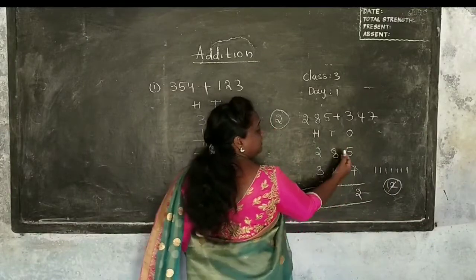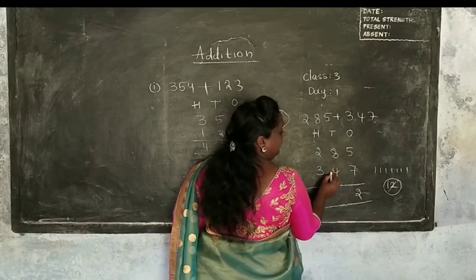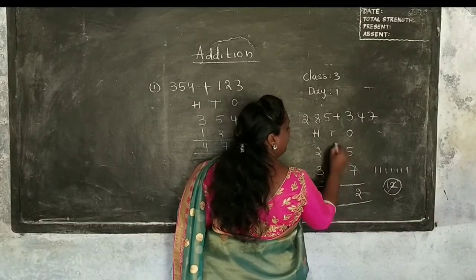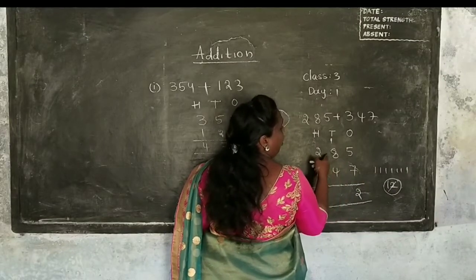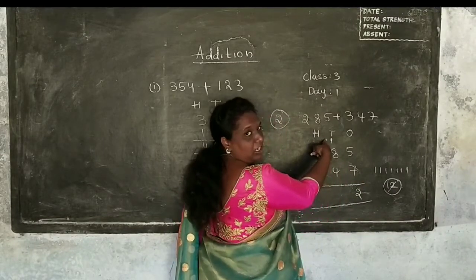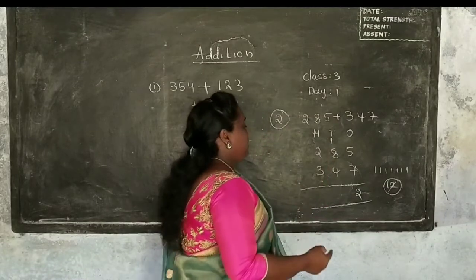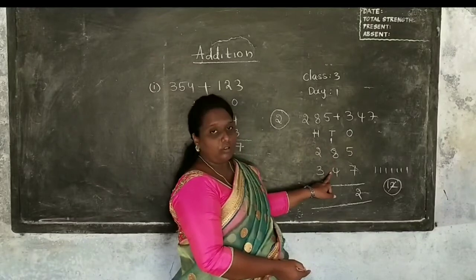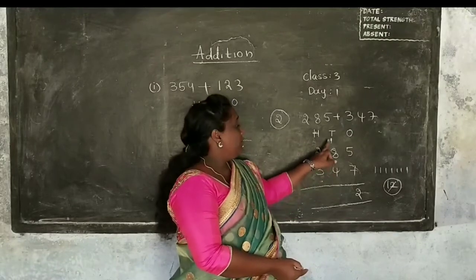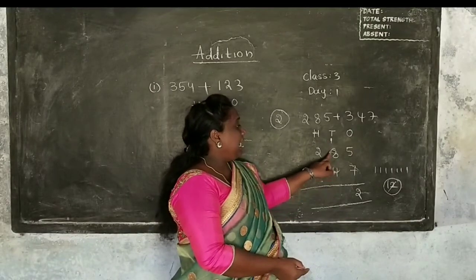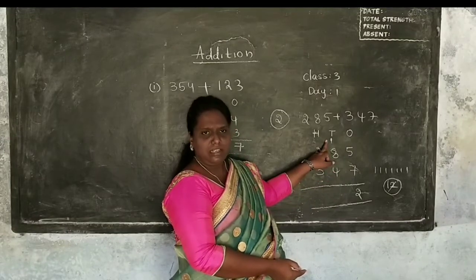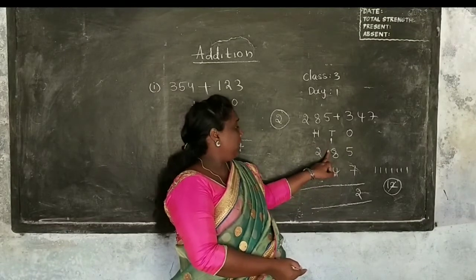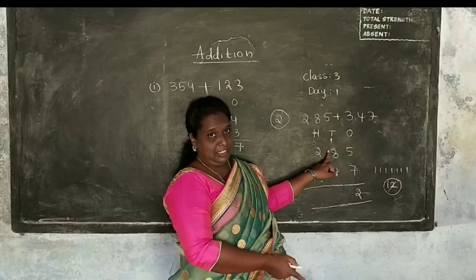The next column is 8 and 4. So I carried 1 onto 8. Now this is called carrying over additions. Now we are adding 1, 8, 4. Is it clear, children? 1, 8, 4. 8 plus 1, how much? It's very easy. If we add 1 to any number, we will get the next number.